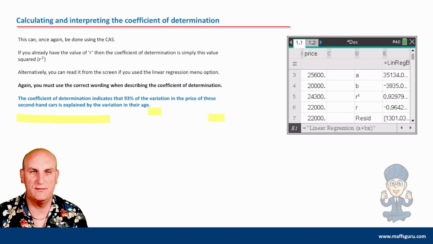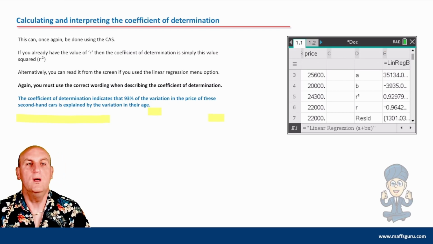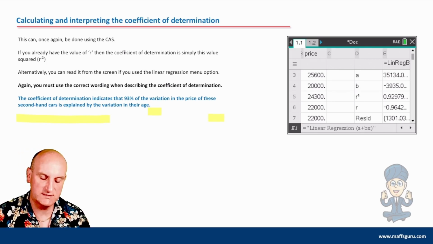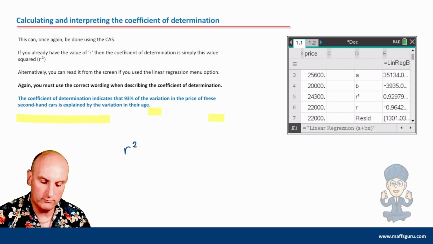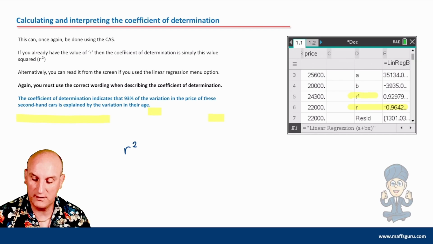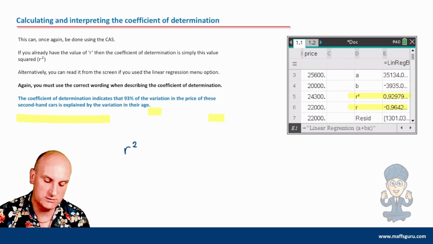Calculating and interpreting the coefficient of determination. All right, so now what is the coefficient of determination? Well, we've worked out previously that we know that the coefficient of determination is the value of r squared. Well, from our table, we already had the value of r. And what you notice is we can either square it on my calculator, or if you've used the right thing, it'll actually also give you the value of r squared. So in that situation, my value of r squared is